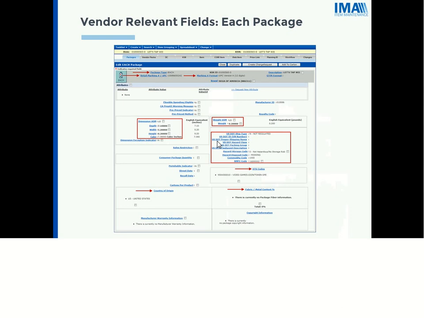Below that, you have your HTS codes. So again, that's Harmonized Tariff Schedule codes. And what that is: if your product gets picked up from your warehouse and is on the truck, and the truck driver is driving along and he gets stopped by the police and pulled over, they may ask him to produce a list of everything that's in his truck. And that list is going to be comprised of the HTS code that you populated in IMA.